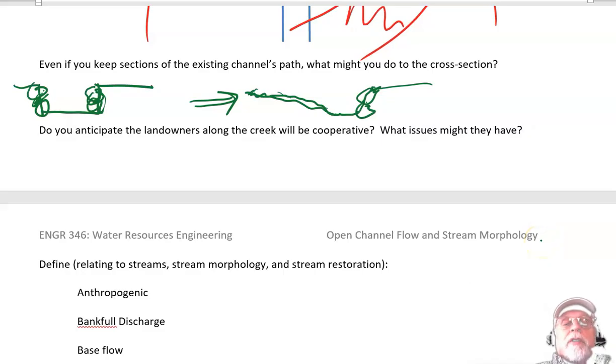Do you anticipate the landowners of the creek will be cooperative? Quite often, yeah. A lot of these projects are initiated by the landowners because they're losing their land. They're owning less land because it's getting cut out by erosion. But if you're going to say,